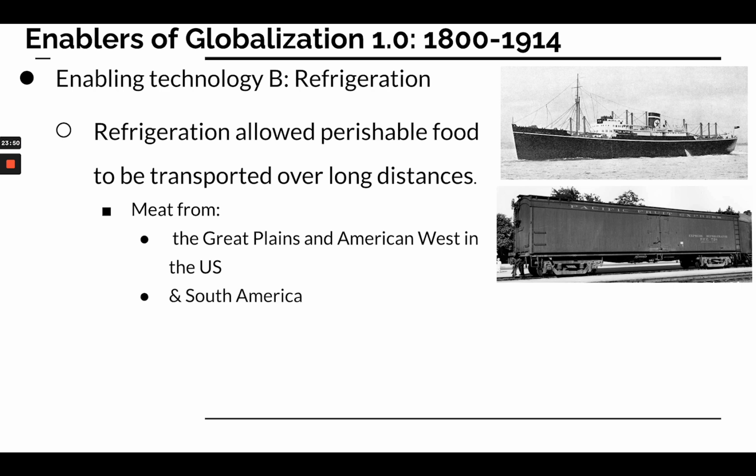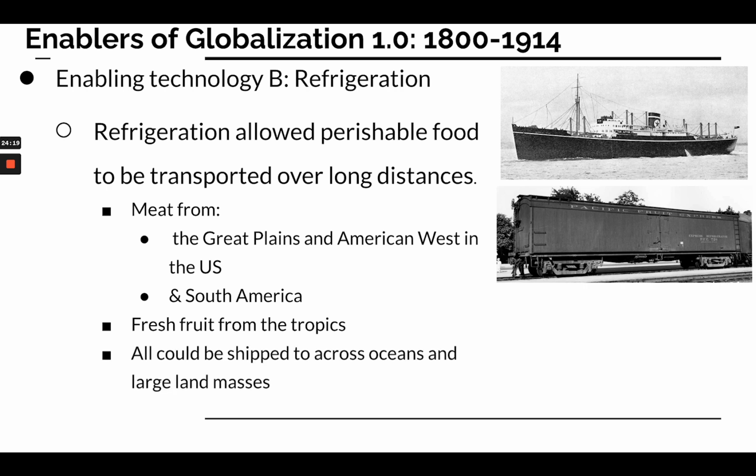And South America is also a huge part of this. Brazil, Uruguay, meat from those places as well could be transported around the world. Same story about fresh fruit from the tropics. For the United States, this meant fresh fruit from Central America. For Europe, it might have meant from parts of Africa or Asia. But in both of these cases, whether we're talking about fresh meat or fresh fruit, all of these things could now be shipped, not only across